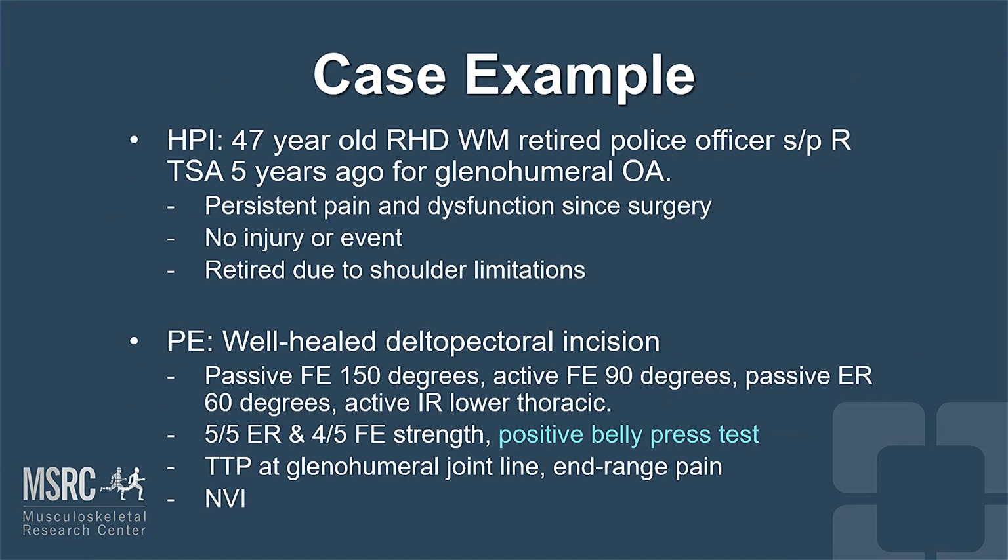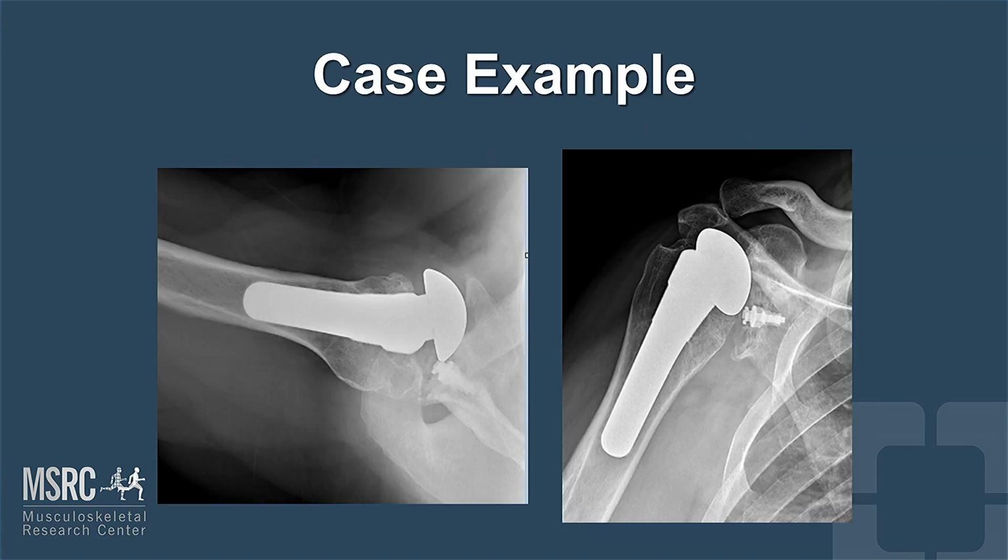This is a 47-year-old male who presented 5 years after a right anatomic total shoulder arthroplasty for glenohumeral osteoarthritis. He's had persistent pain and dysfunction since surgery that ultimately led him to retire from the police force. You can see his examination raises concern for rotator cuff weakness and in particular subscapularis deficiency with a positive belly press test. On his x-rays, you can see concern for overstuffing of his humeral component based on this circle fit